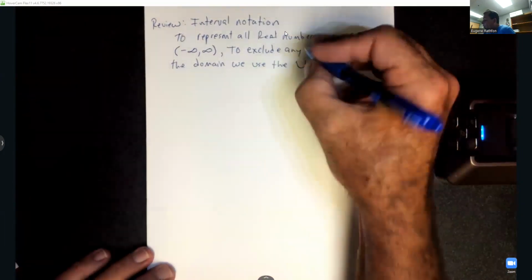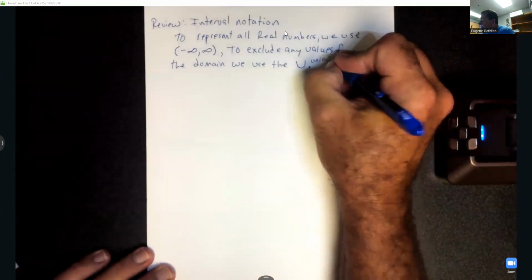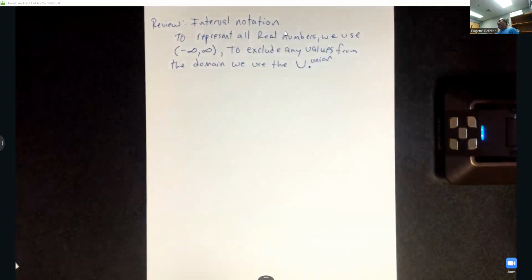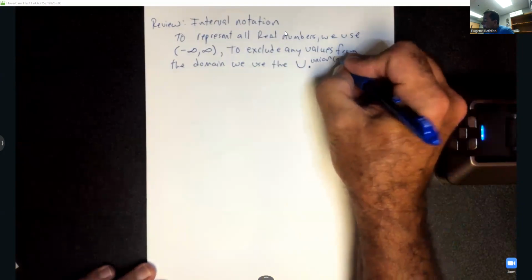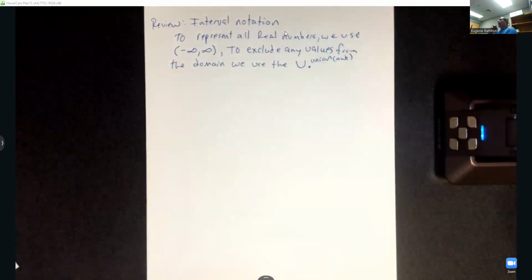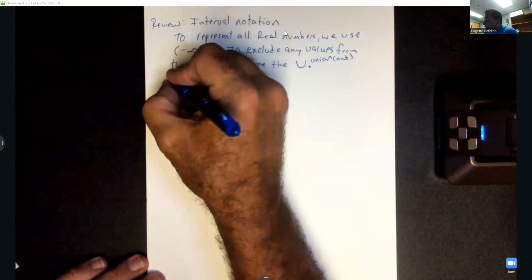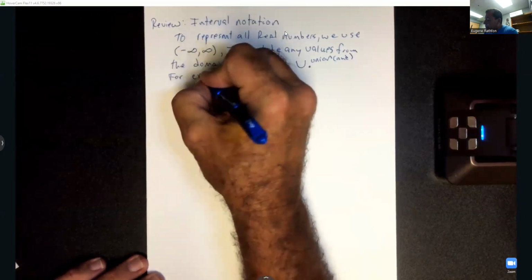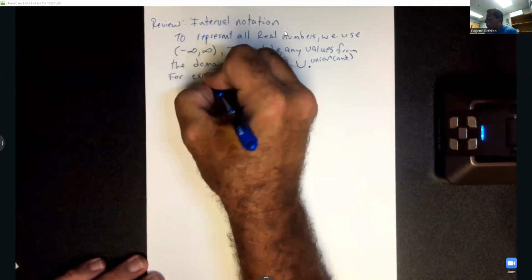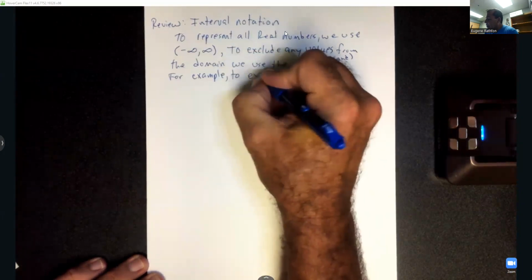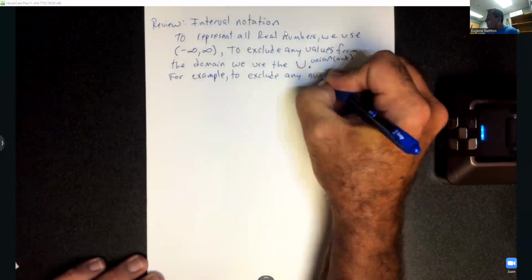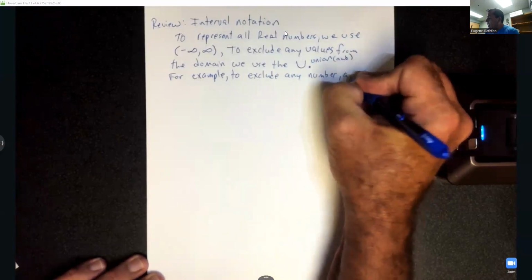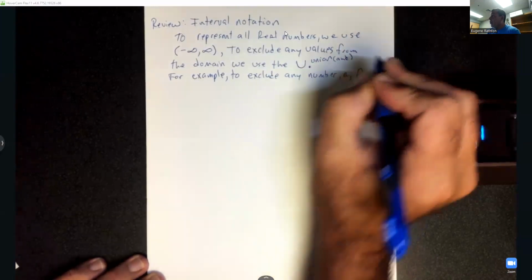So that's what we call the union. And it just means "and" basically. So for example, to exclude any number a from the domain,